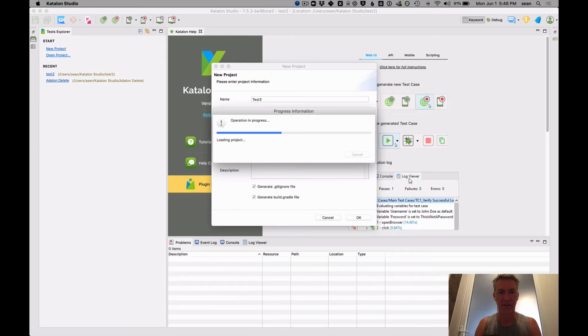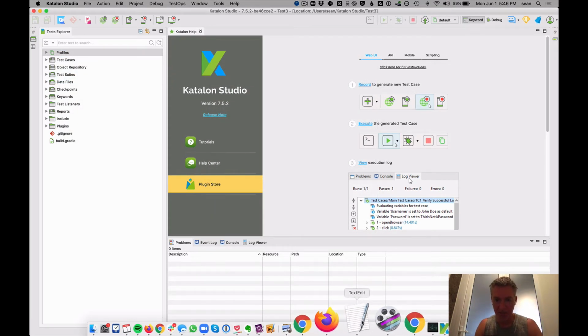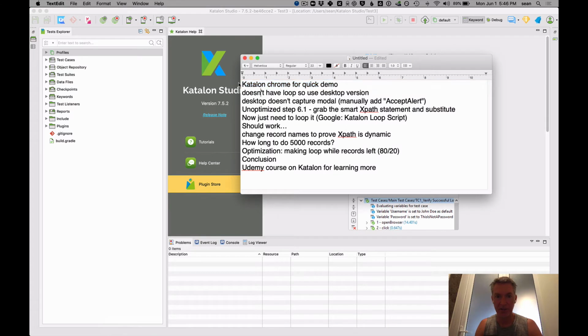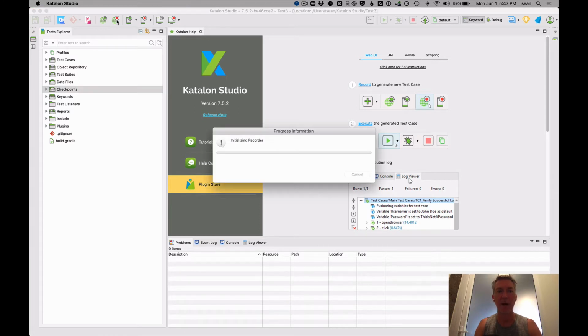Okay. So the first thing we need to do, and I'm just going to step through this syllabus, so we're doing everything. So demo the Chrome extension. It doesn't have the loop, so we're going to use the desktop. So let's record the first sequence of stuff here. We're going to go up here and hit record web,